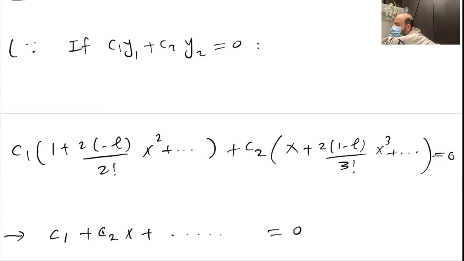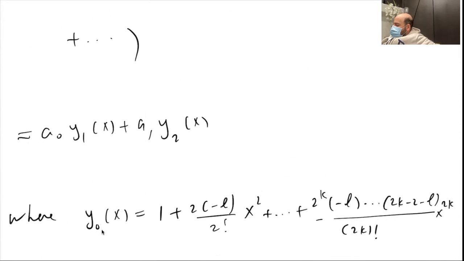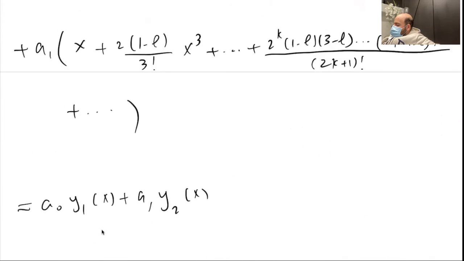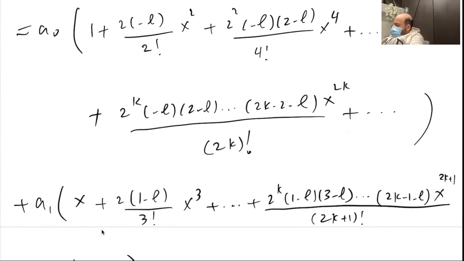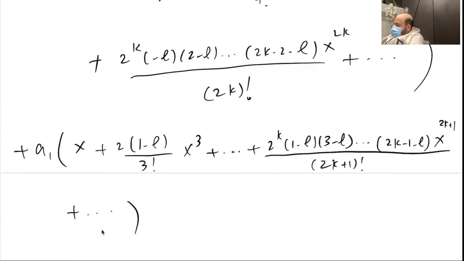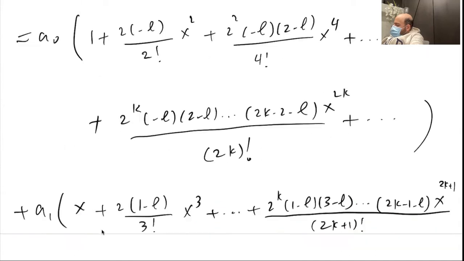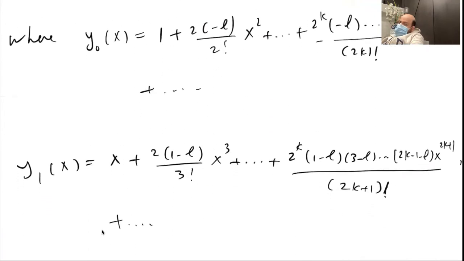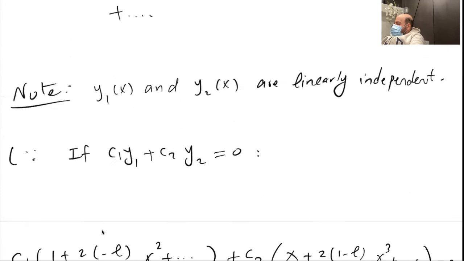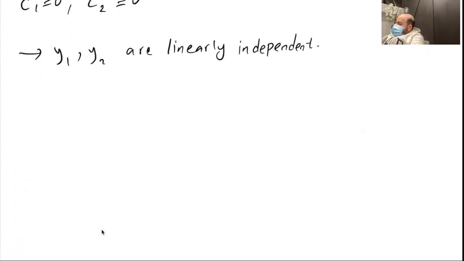So y1 and y2 are linearly independent. So that's one remark that I wanted to say. And we had the general solution here. We found the general solution. We verified that y1 and y2, these two functions are linearly independent. One more remark that I want to say here is that